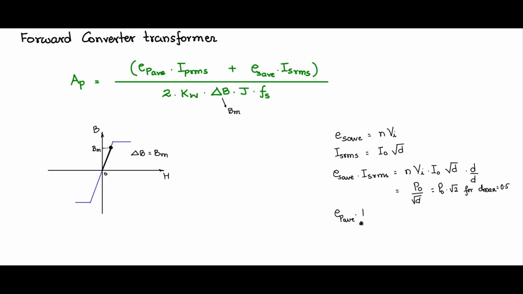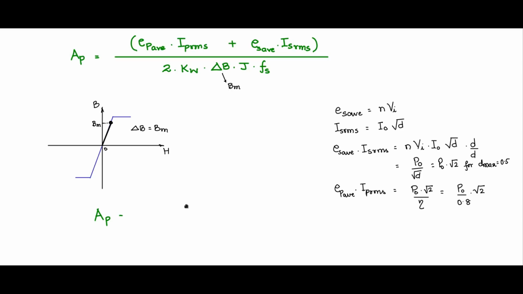Likewise, for the E primary half cycle average into I primary RMS current, you will find that it is P naught into root 2 by efficiency, and if I take worst case efficiency 80%, P naught by 0.8 into root 2 will be the E primary average into I primary RMS. Let us replace it there and see what we get. So this would be P naught root 2. I will take it out common in both the cases. You will have P naught root 2 in both the cases. Let us take that out common, and it will be 1 by efficiency plus 1, which is 2.25,